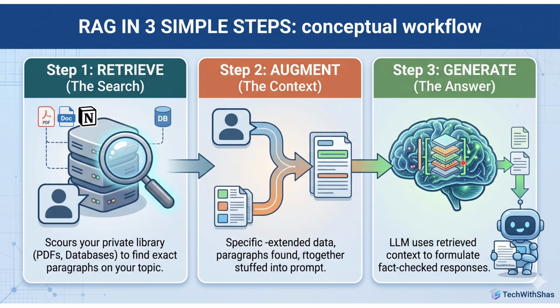So now the LLM has an upper edge because it has got a context-rich prompt, and the brain of AI reads both the question and the attached context. Because the fact is sitting in the prompt itself, and the LLM has a very sharp brain, it will be able to provide you the exact answer based on your prompt and the retrieved document from RAG.